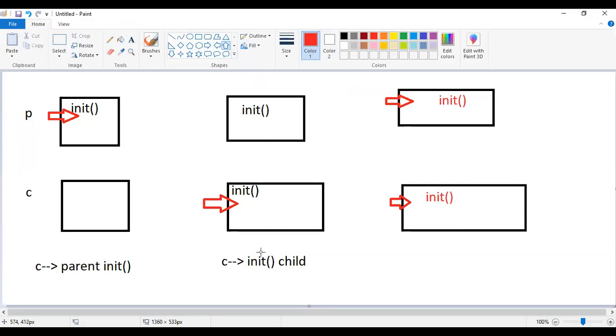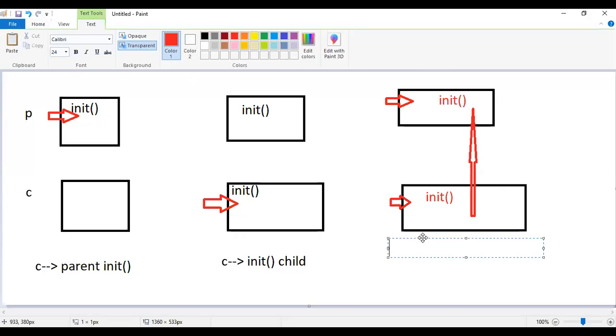But here we want to execute the parent constructor. In that case, you have to call the parent constructor from the child constructor. So when you create the object for the child, the child init will be executed, and from the child init we are going to call the parent init.